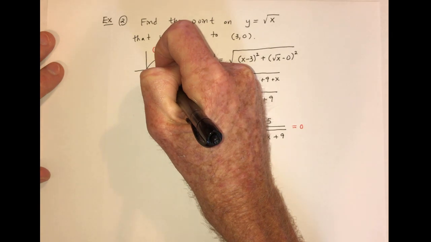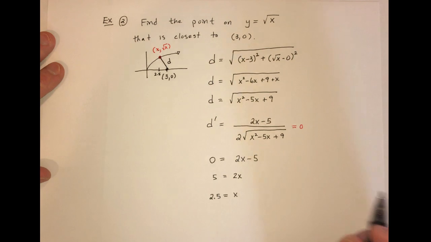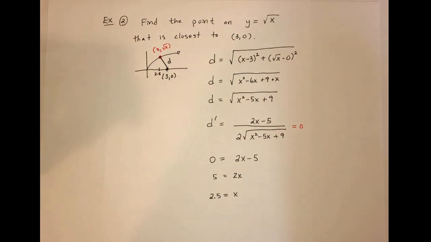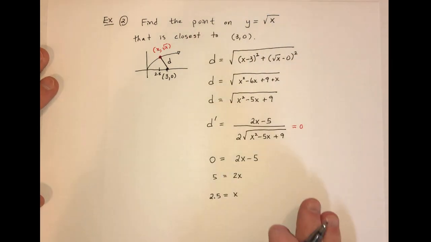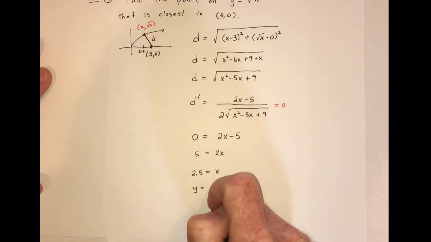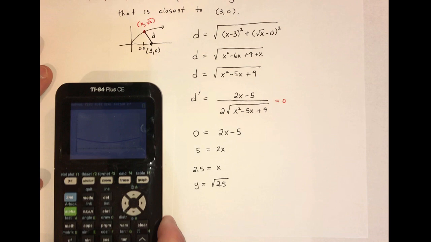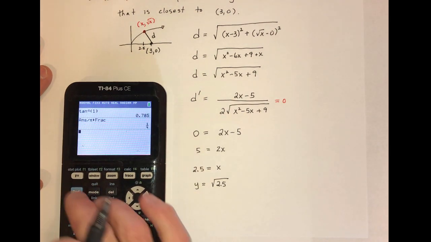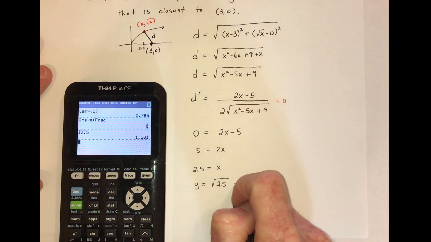So my guess was pretty decent. Of course, I've done this problem probably 19 times over the years, so pretty reasonable that I had a good guess. X equals 2.5, but we're not quite done because it said find the point. So in other words, we need to also find y. So y is equal to, just plug that into the square root function, the square root of 2.5. So the y value is